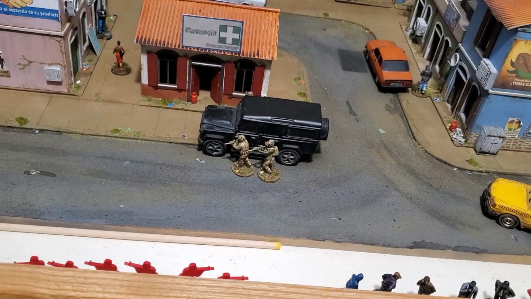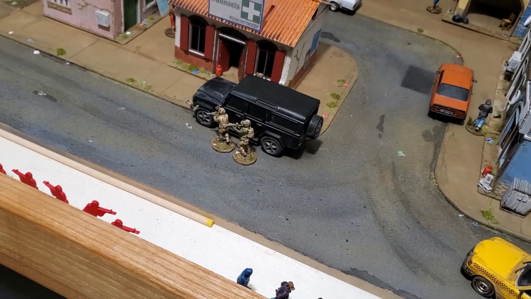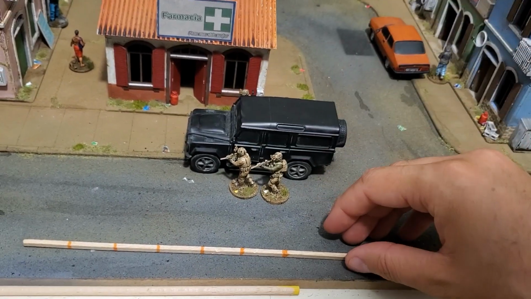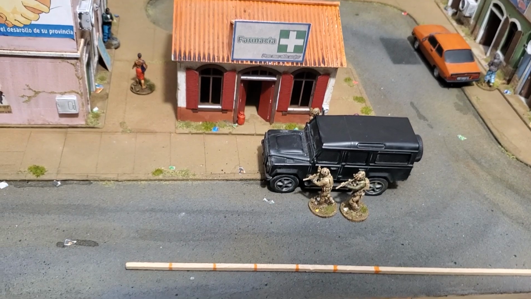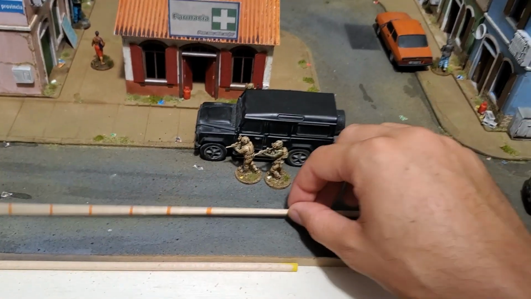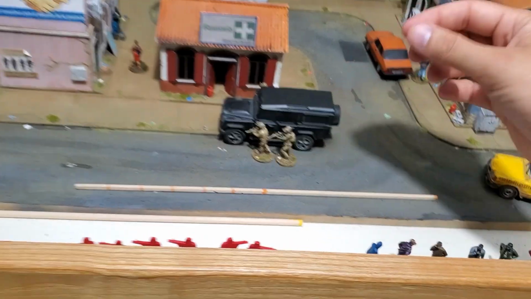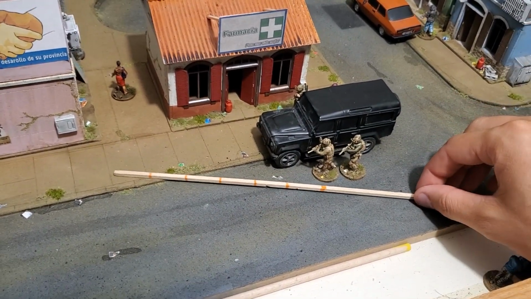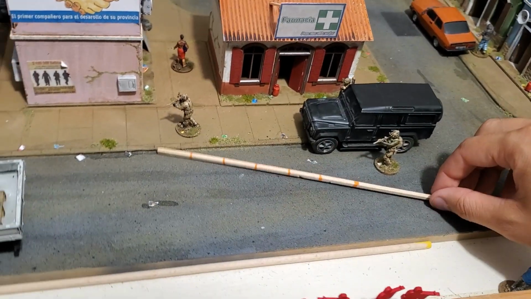During the player turn, I can activate any of my models and do up to 2 actions with each of them. So for example, here I can activate that guy over here, and I can use 1 action point to do a move action. Doing a move action, you can move up to 6 inches. So here I'm using that basing template instead of a retractable ruler, just so it's easier for me to handle with one hand. So I'm going to move this guy up to 6 inches over here,